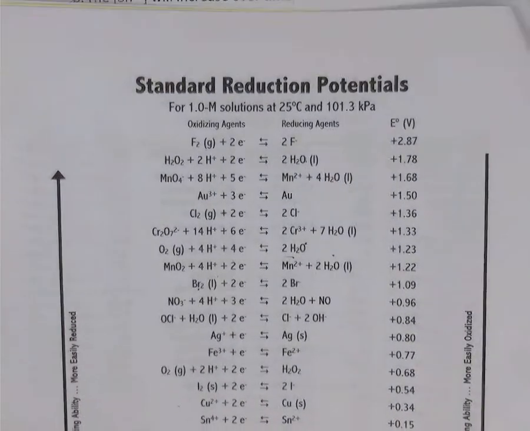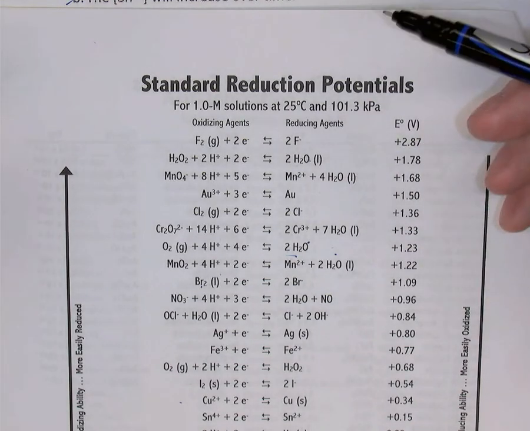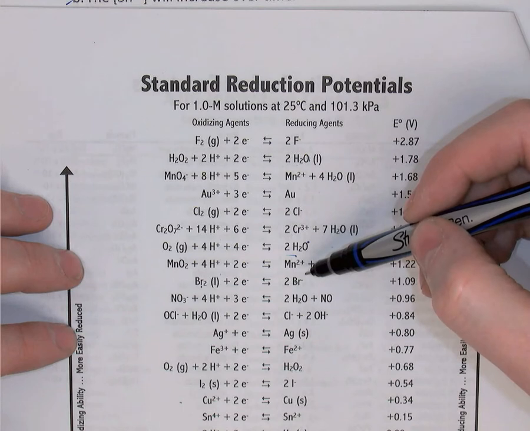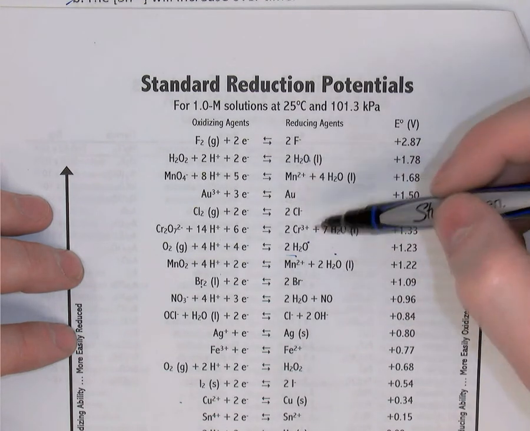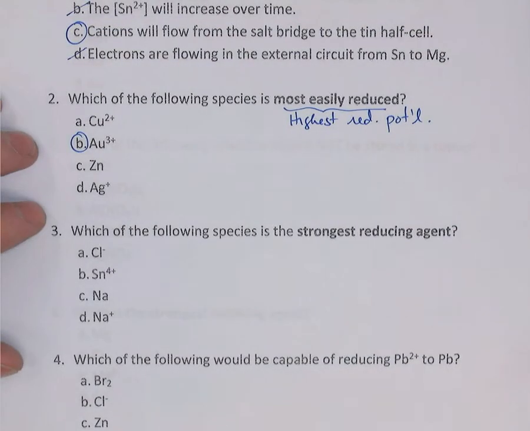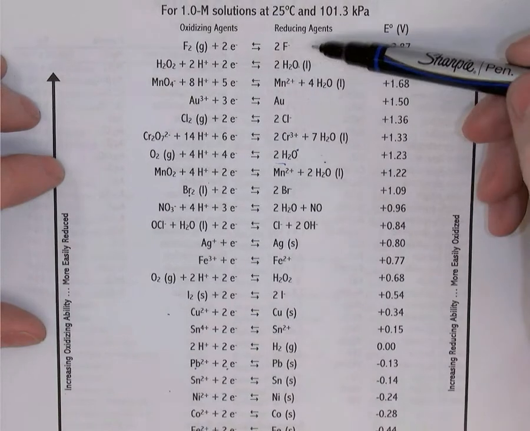So a reducing agent, we know, is a substance which gets oxidized. On this chart of reduction reactions, the reducing agents are found on the right-hand side. When you read the equations backwards, they are being oxidized. Now, if I want the substance which is the strongest reducing agent, then I want the substance which has the